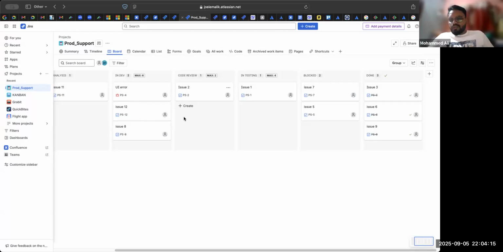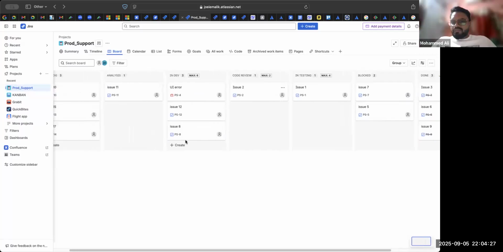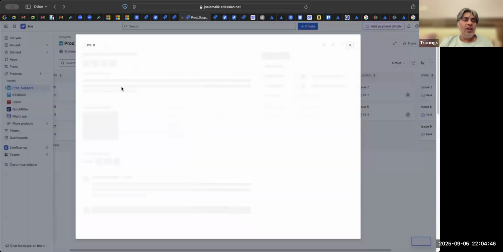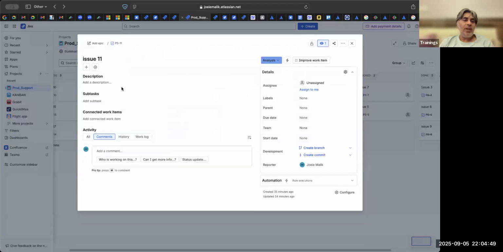We see a few tickets in production support which are just for doing the analysis. There will be a few tickets in support which need only analysis. Let us say issue 11. We did an analysis and found out that this is an enhancement which we are not going to fix for now. So somebody will put in a comment that this needs a story to be created, and that story will be taken up based on the priority.